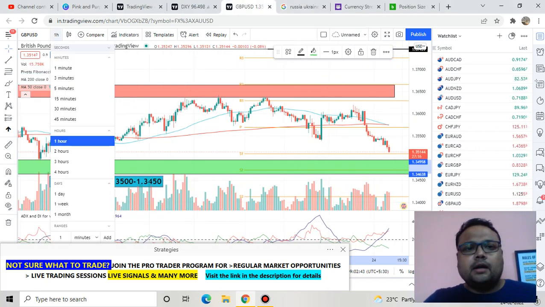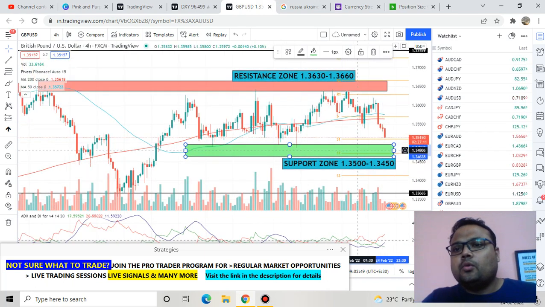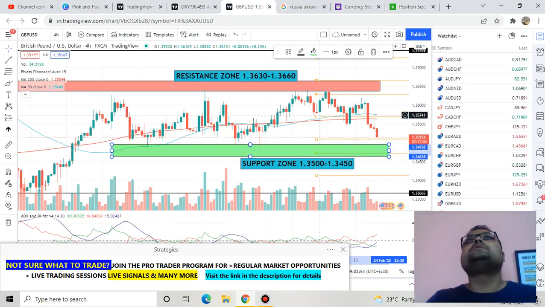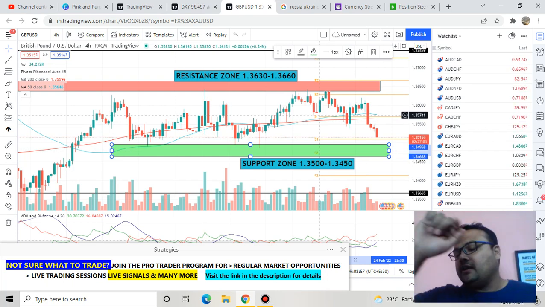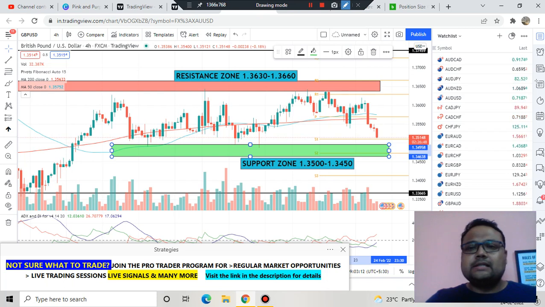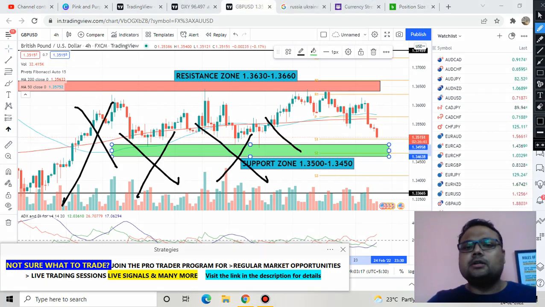Even if GBP USD reaches the support zone, watch the market. Do not take a buy position blindly. If you see that the dollar is going for some correction, the dollar is reversing, then only take a buy position on GBP USD. If the dollar maintains this bullishness throughout the day, do not take any buy position, because this is a seller's market right now. Okay, and this is it. Nothing much to talk about, because this chart is not a good chart for buyers,